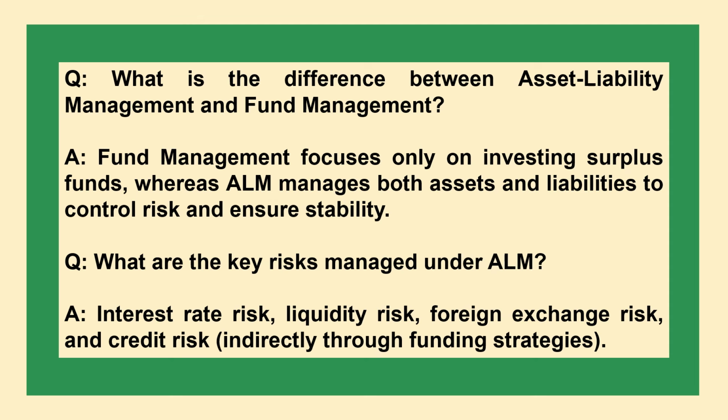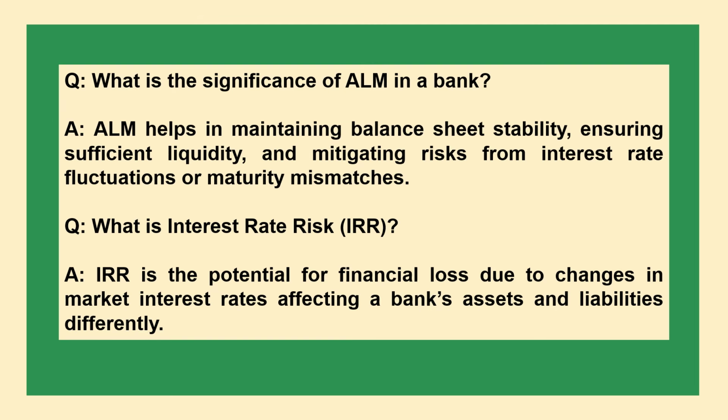ensure stability. Question: what are the key risks managed under ALM? Answer: interest rate risk, liquidity risk, foreign exchange risk, and credit risk indirectly through funding strategies. What is the significance of ALM in a bank? Answer: ALM helps in maintaining balance sheet stability, ensuring sufficient liquidity, and mitigating risks from interest rate fluctuations or maturity